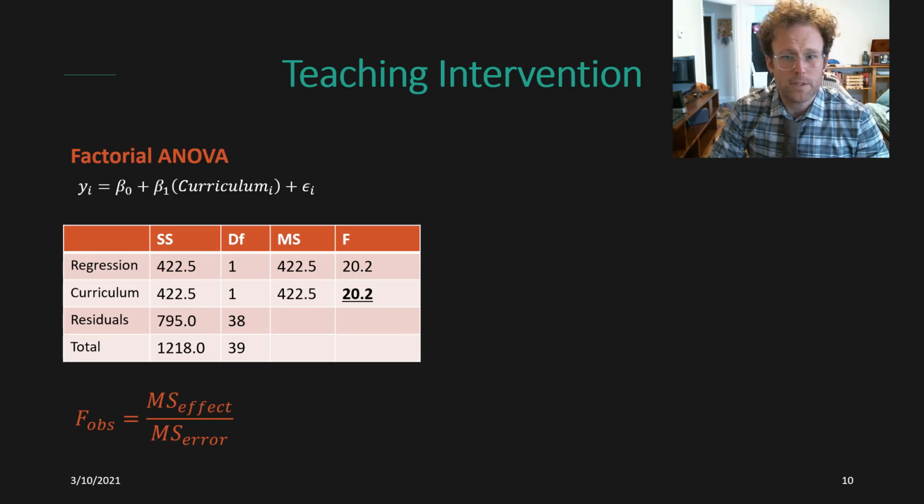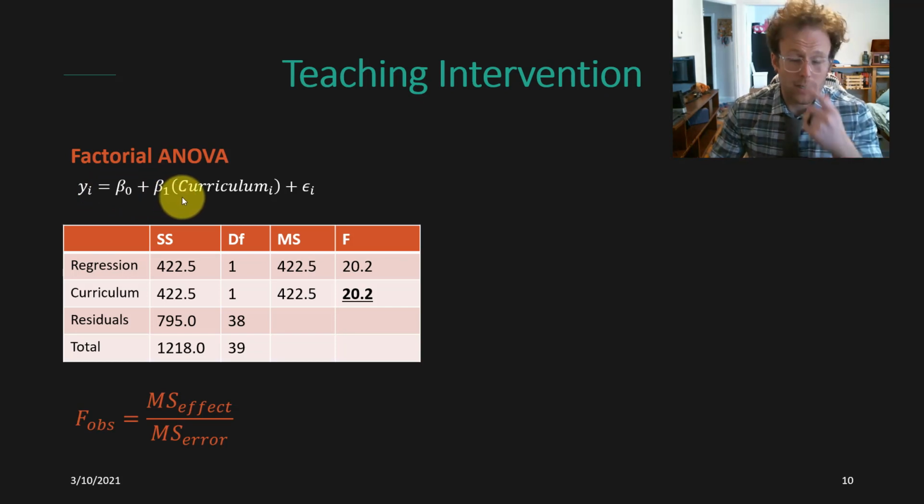So let's come back to our example with the teaching intervention. In this case, if we wanted to analyze our data using a factorial ANOVA, we'd have our post-test scores as a function of some intercept plus a slope times a contrast-coded variable that tells us which curriculum you received. And if you actually do this, in this case I did this in Jamovi to get this ANOVA table, we can look at the sum of squared errors explained by the regression. And in this case, because there's only one effect in our regression model, the sum of squared errors explained by the effect of curriculum is redundant with the sum of squared errors total. And those both have explained 422.5 squared errors with a single degree of freedom,